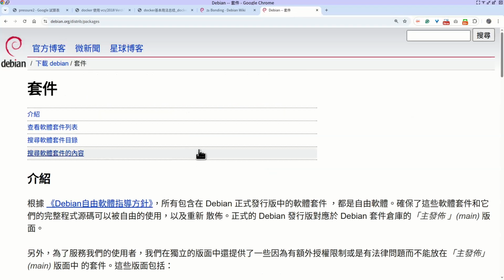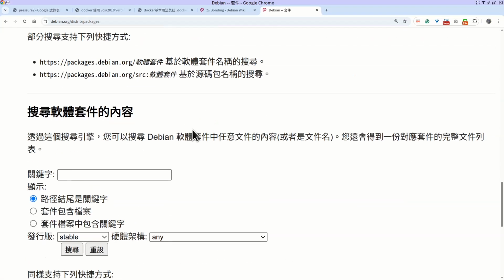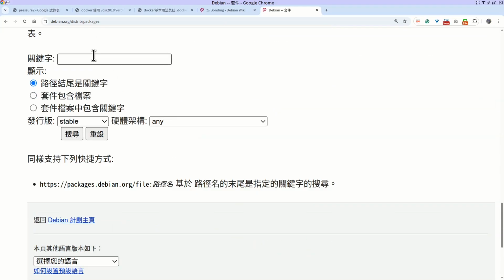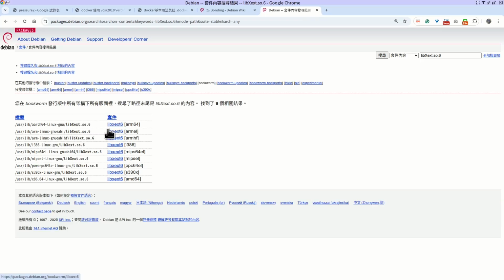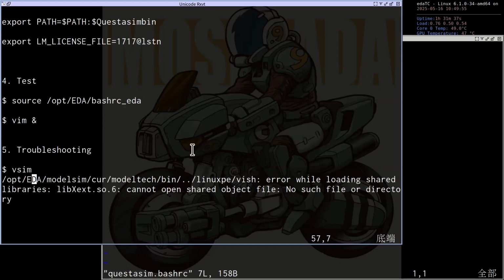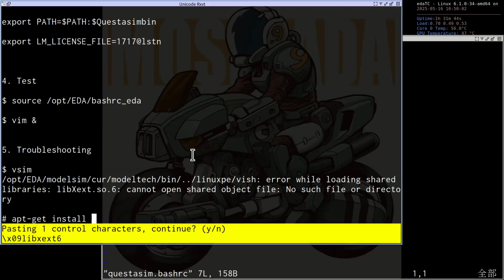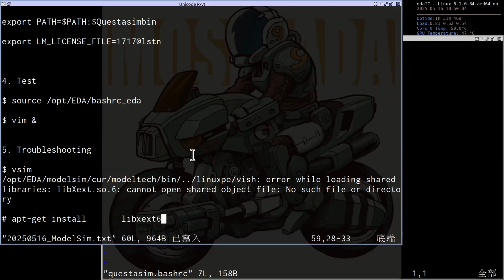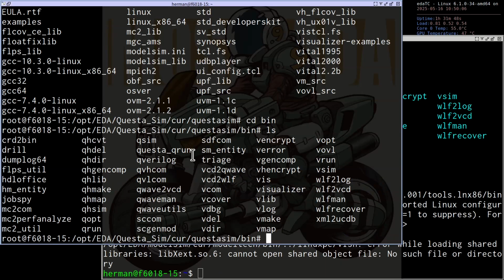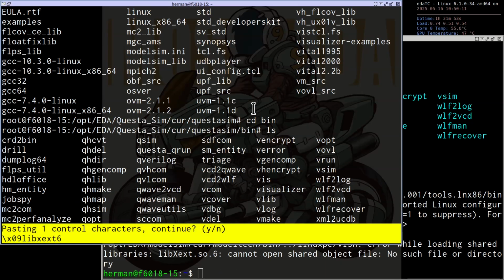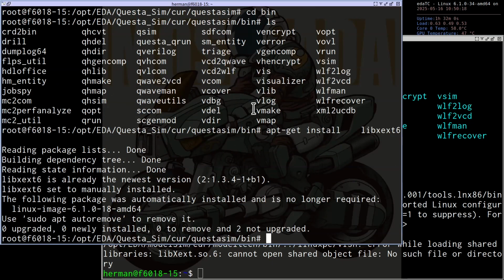We can go to packages.debian.org, and we can find this file. This is libxext6. Okay, so we can type apt-get install libxext6.